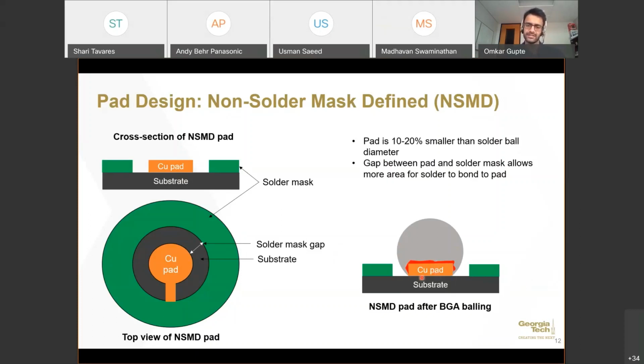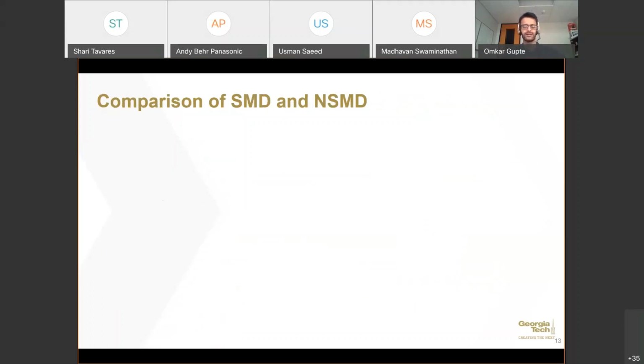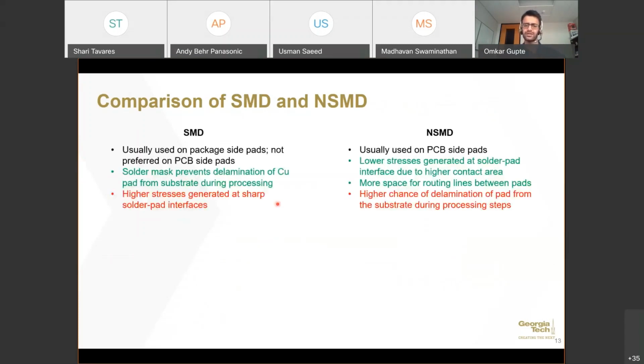In this case, the gap between the solder mask and the pad allows for more area for the solder to bond to the pad, and also gives more space for the routing lines between the two different pads. So comparing SMD and NSMD, SMD type designs are usually used on the package side pads, whereas NSMD designs are usually used on the PCB side pads,